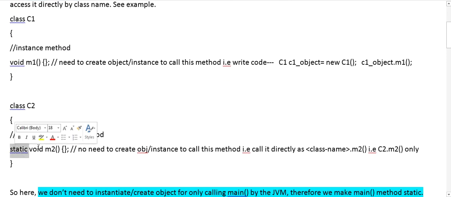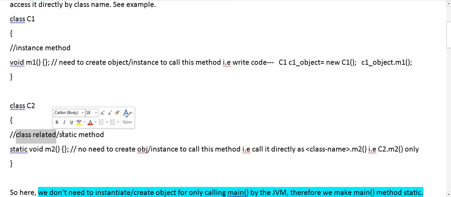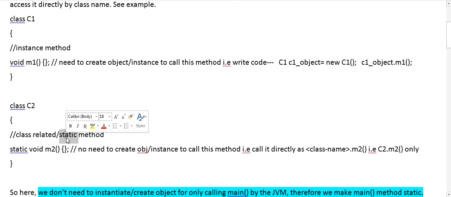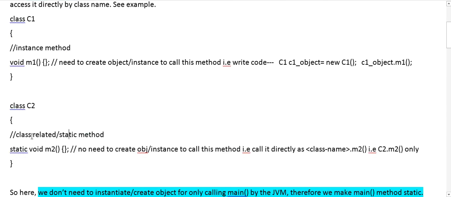But if we write a method with static void, something like this, it is what we call a class related method, or in simple terms, a static method. So static methods are class related methods. If we want to access an instance method, we need to create the object of that class.